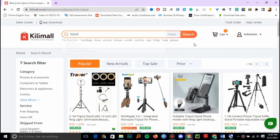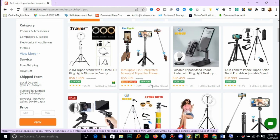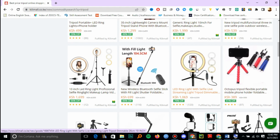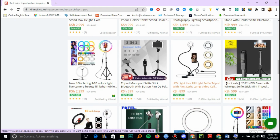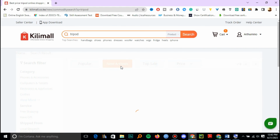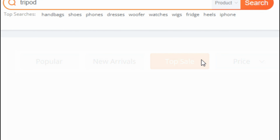Then search for the product you want to order. And here is a display of some of the products. It's a tripod, so you can look for the one that suits your needs and then just select it. You'll keep on scrolling to find the best one. So these are other tabs that you can check: new arrivals, there's the top sale,